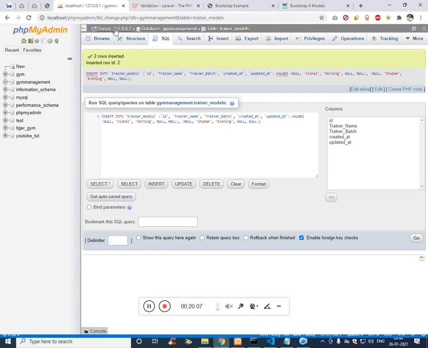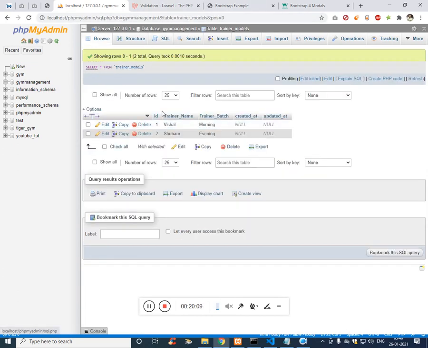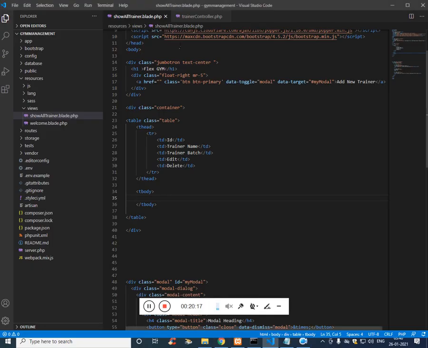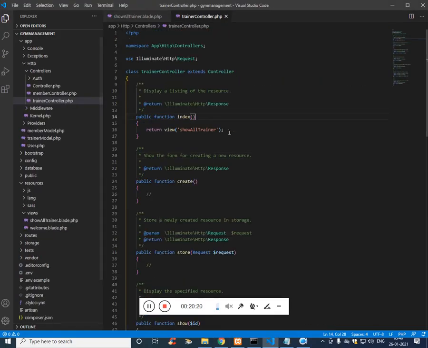Now, if you visit the table, the inserted values can be seen. Now, let's fetch these values over here. So, get into the trainer controller. We have to call the model here.